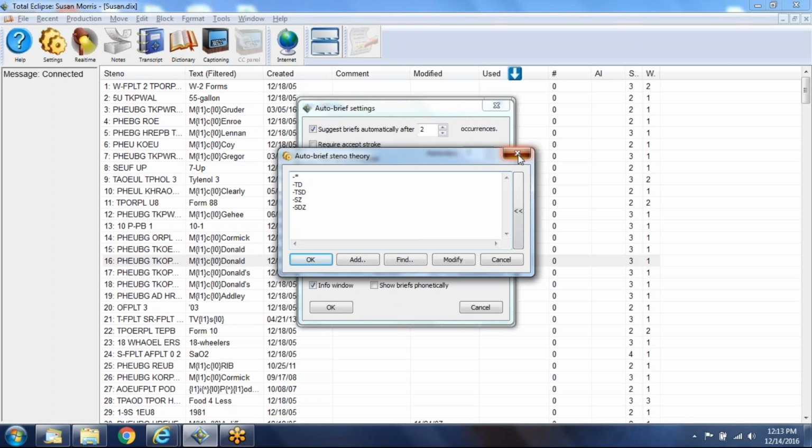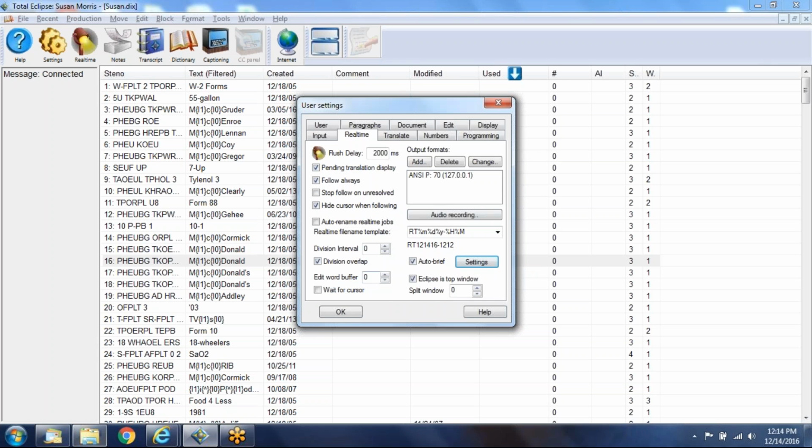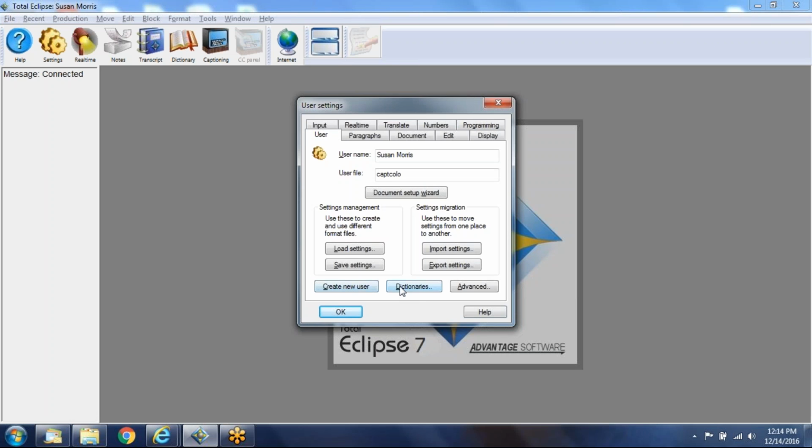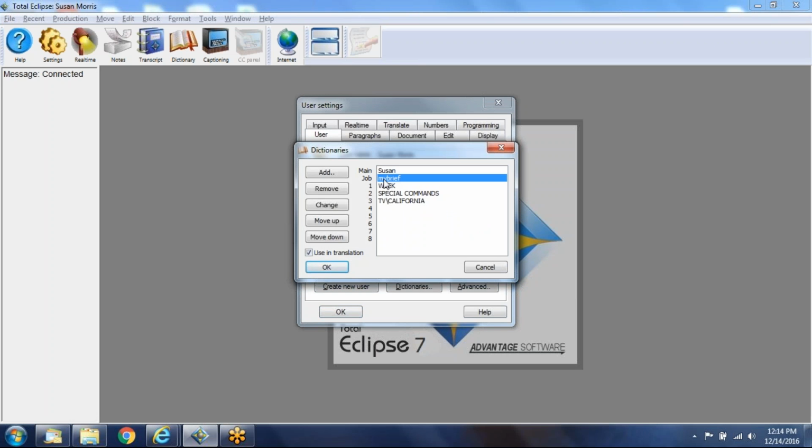When you use autobrief, however, you have to be careful with your dictionary lineup. How I have my lineup set up is in the job dictionary, I call it my brief, because if you use a suggested brief, it will throw that into your job dictionary. So you don't want to have your California or whatever job dictionary in there, because you may not want to have that brief thrown out. For example,